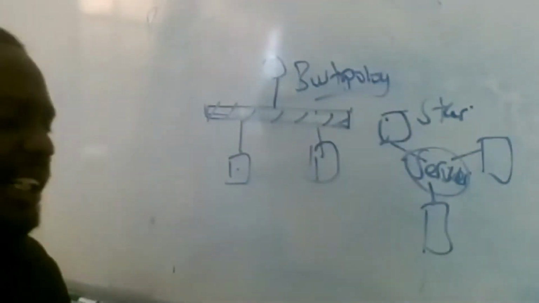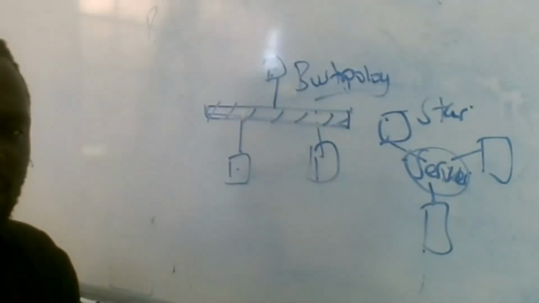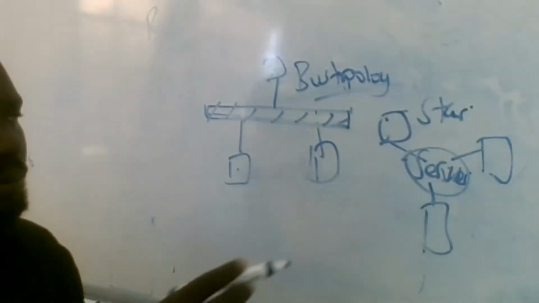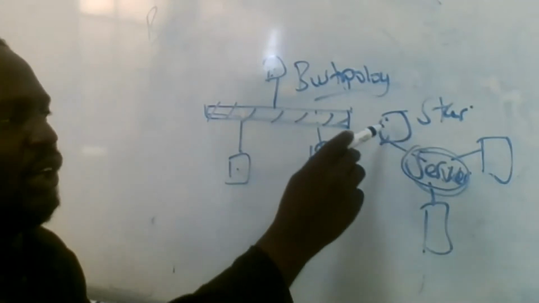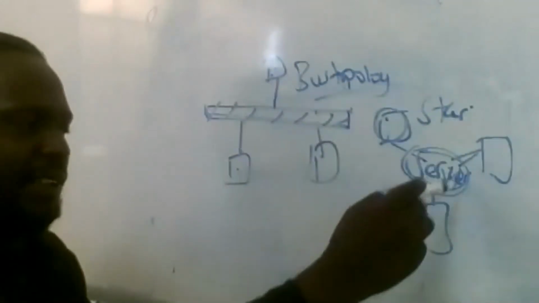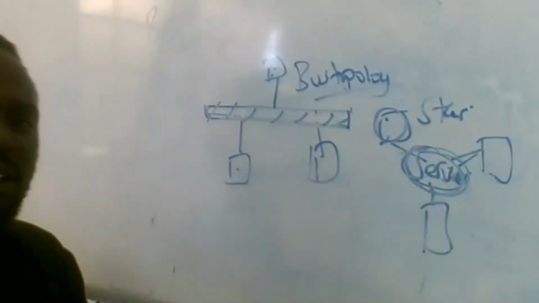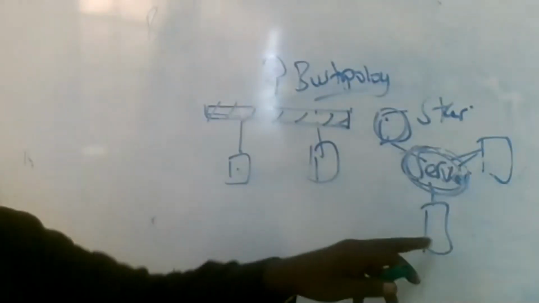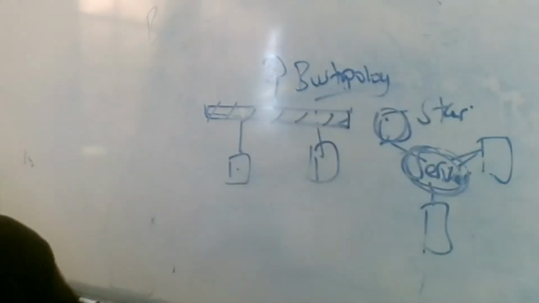In Cambodia, the one we are using in the computer lab is the star topology. Why? Because we have a server and all our computers and devices plus the printer are connected to the server. The server is the central device which communicates information to each of these ones. That one creates what we call the star